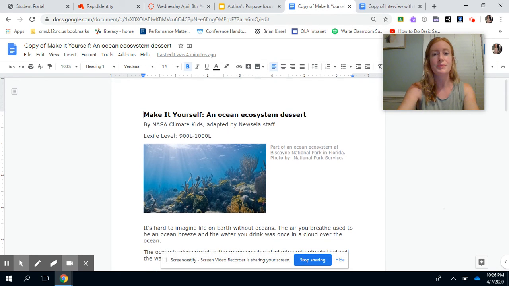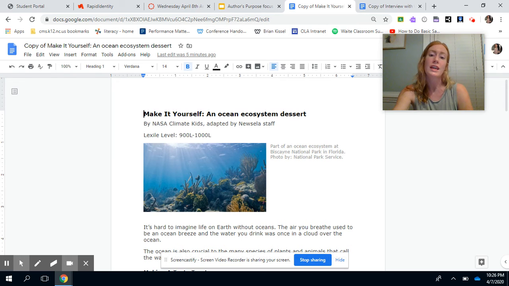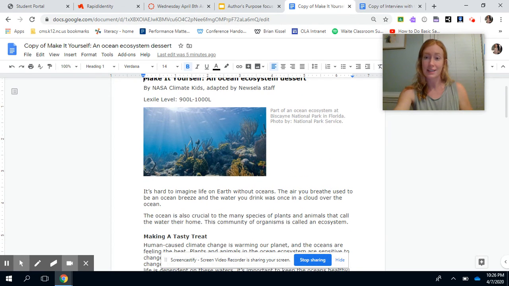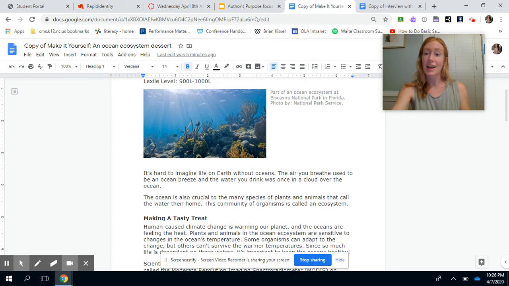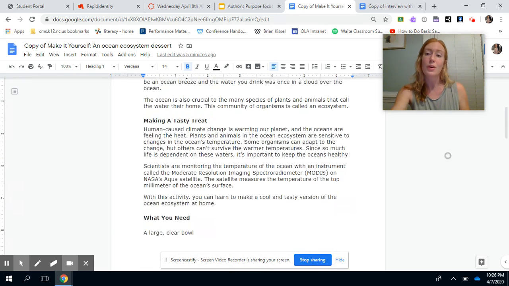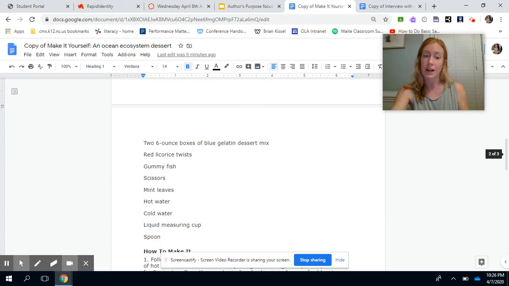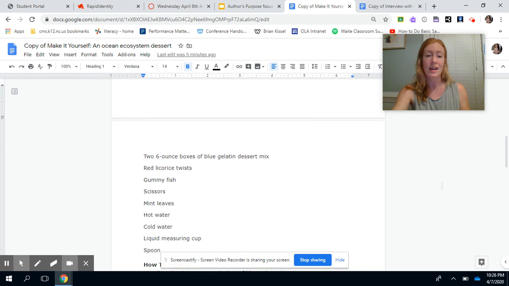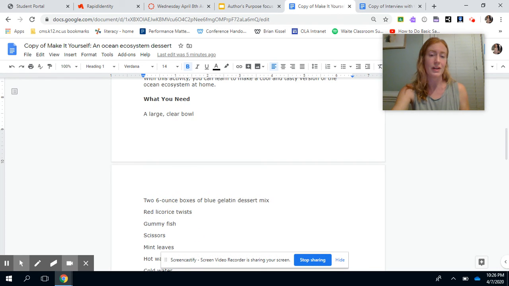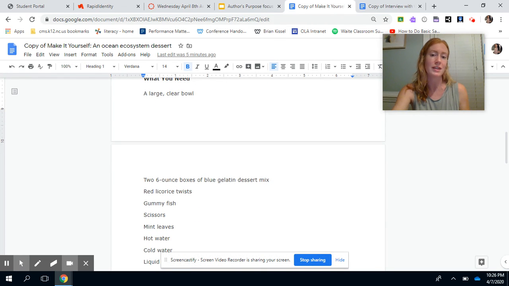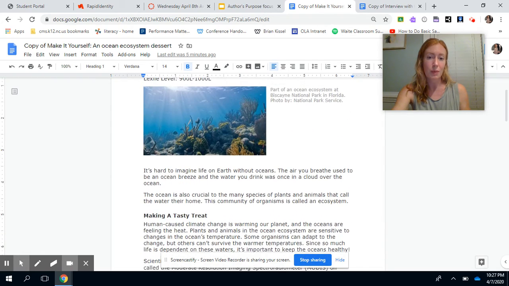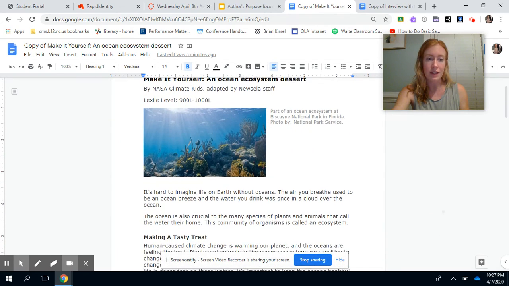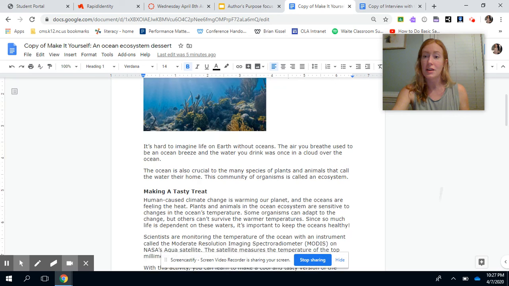This is a fun one. It's an ocean ecosystem dessert. See, that's why it's fun. So again, do this today if you want, or do it over spring break if you're able to round up some of these groceries. We'll see, that's kind of tough right now, but maybe you'll get lucky and have some of this at home. So what I'm looking at, if I just preview it, it's talking about a dessert, obviously,